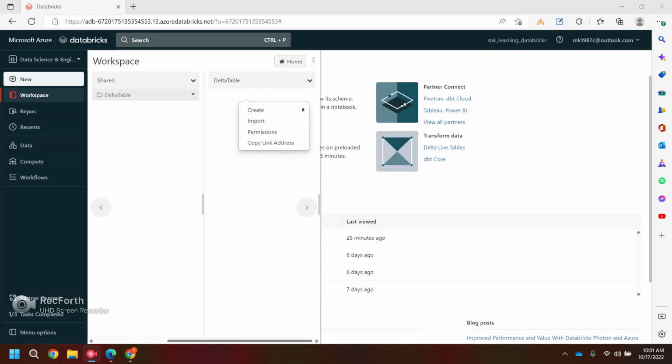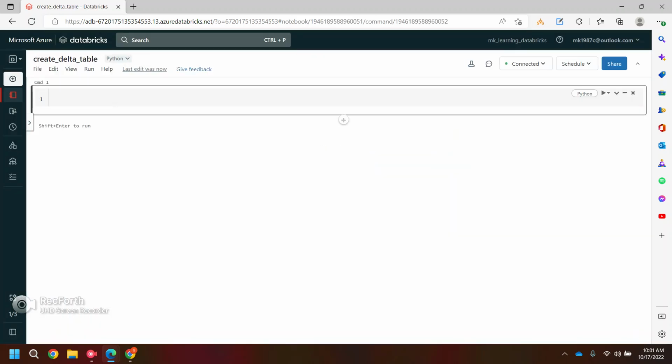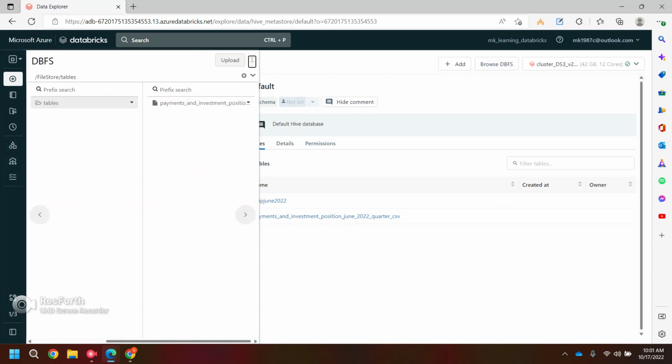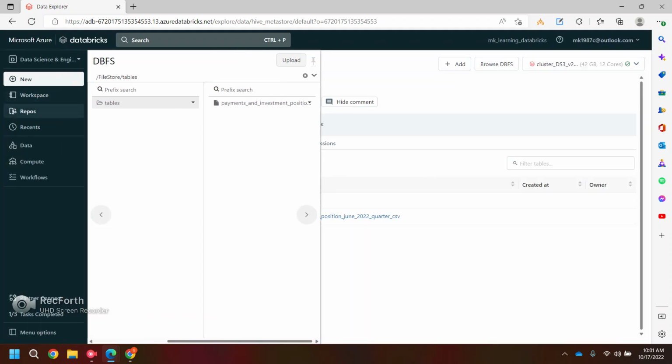So in this video, we're gonna see how exactly we can create a delta table from a data frame. Okay, so to create a data frame, what I have done, I have kept one sample file. Okay, let me create a notebook first. Okay, so I have created this notebook, and I have one sample file ready with me in the DBFS. If you see, yeah, so this is the file. I'll copy the path of it, and